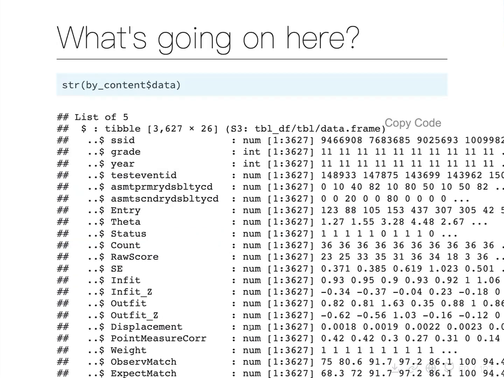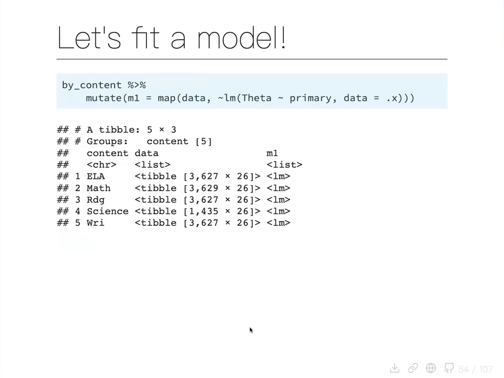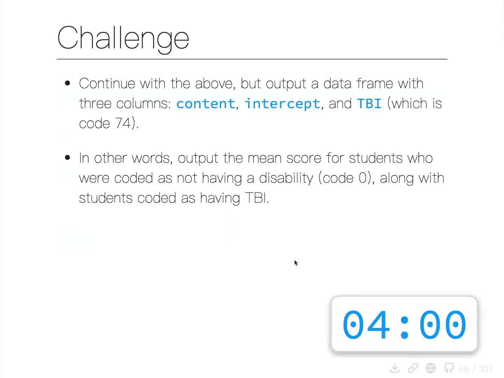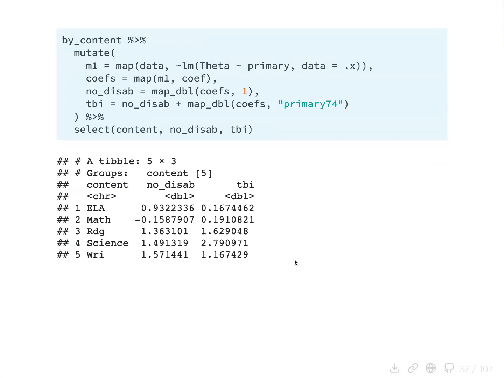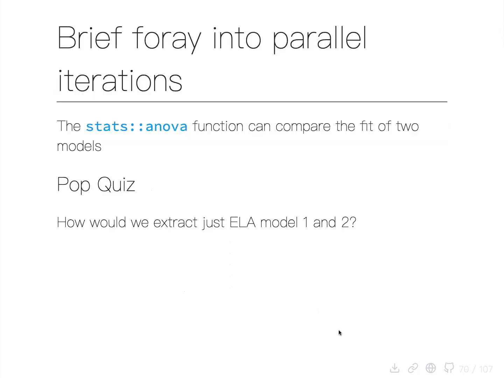Okay, and what this allows us to do, so if we look into it, it looks just like the split, but what this allows us to do is to actually add columns to our data frame, including potentially our models. So we walked through fitting a single model and pulling the coefficients out of it, right? But we could also fit multiple models like this. So instead of having those 3 different objects and this list that we're all kind of working through, this allows us to kind of package it all together in a single data frame, which just helps a lot with organization and keeping things straight, specifically when it comes to doing things like this next step, which is comparing 2